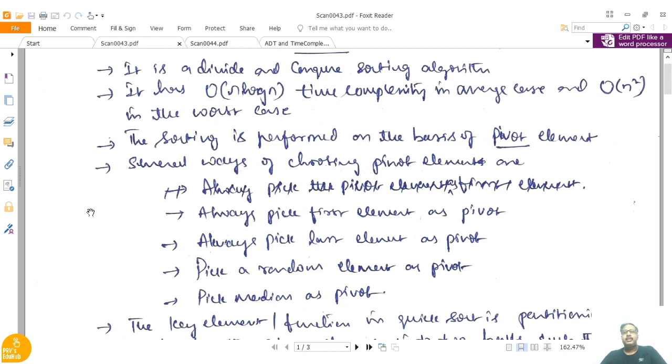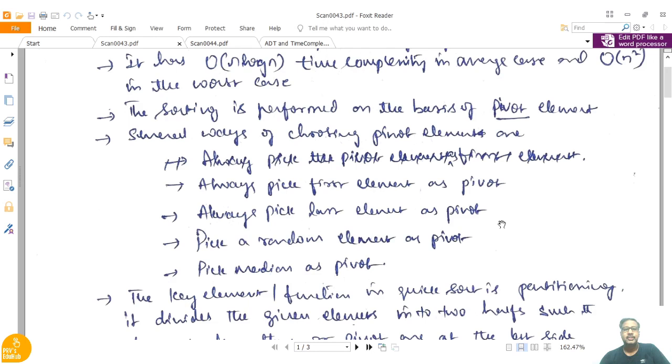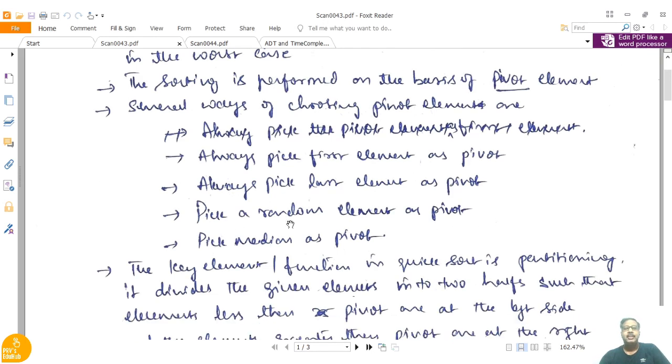The pivot element may be chosen from anywhere in the given list. The sorting will be performed on the basis of the pivot element. Several ways of choosing the pivot element are: always pick the first element as the pivot, always pick the last element as the pivot, pick a random element as the pivot, or pick the median of the list of elements as the pivot.